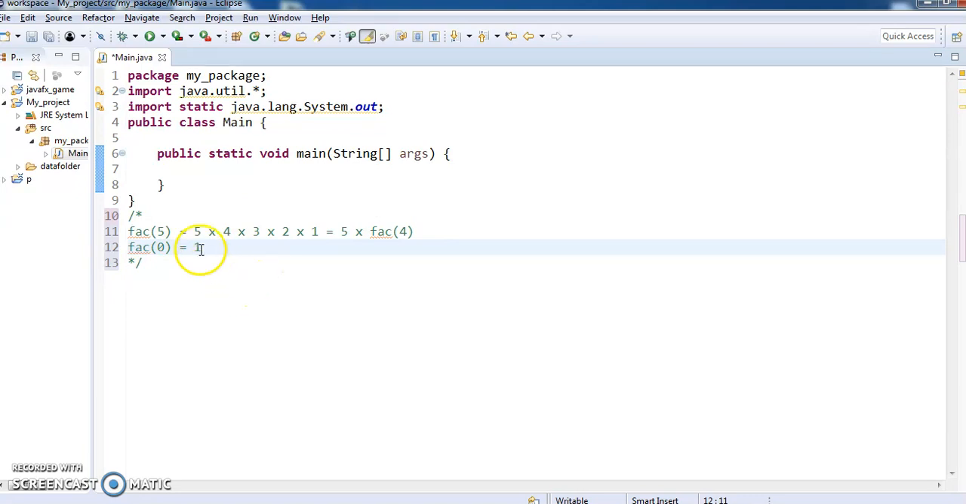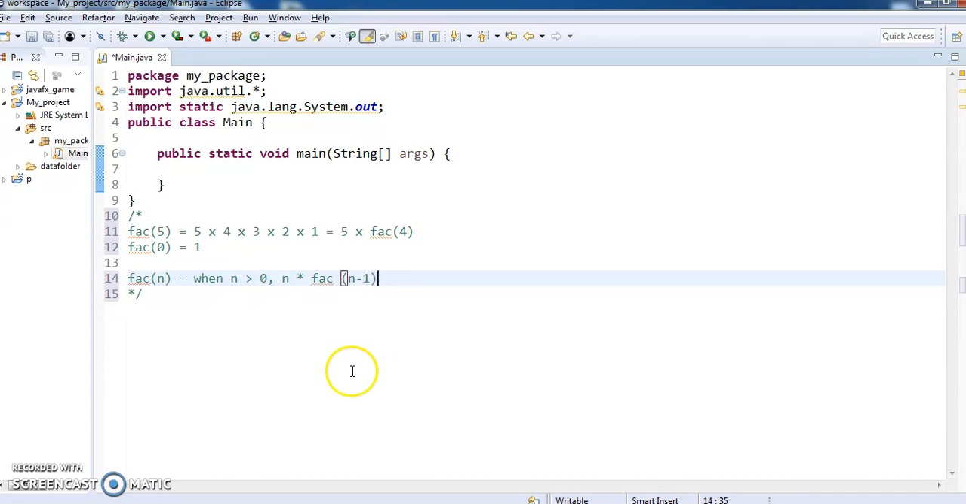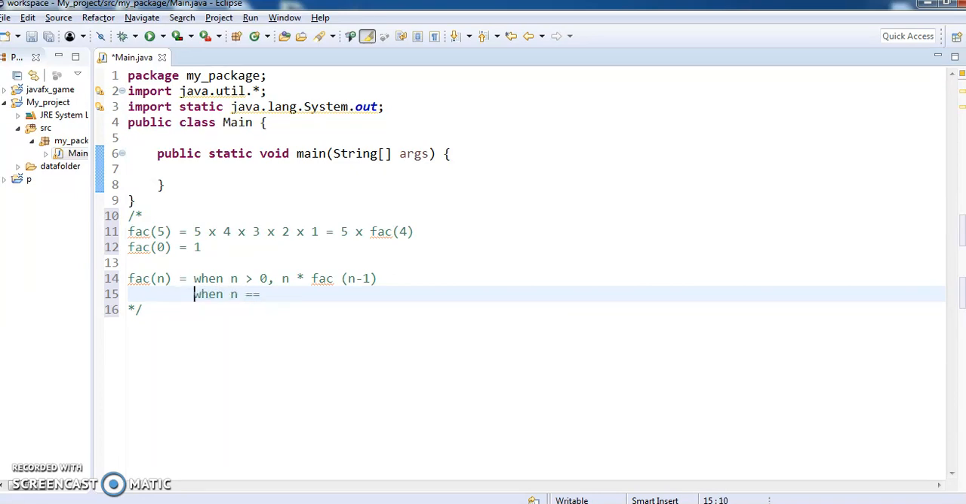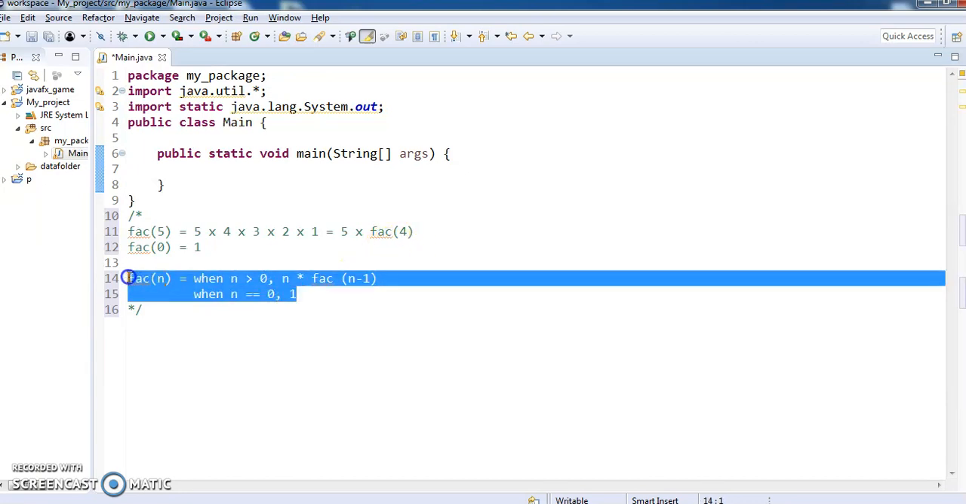So in general, we can generalize this factorial definition to be: factorial n equals, when n is greater than 0, the solution is n multiplies factorial n minus 1, which corresponds to this one. And when n equals 0, the solution becomes 1. Okay. To implement this definition in Java code,